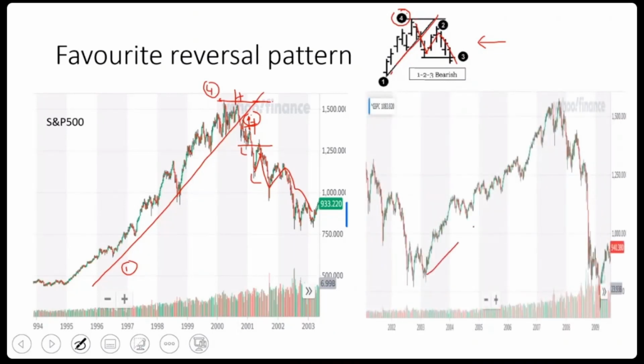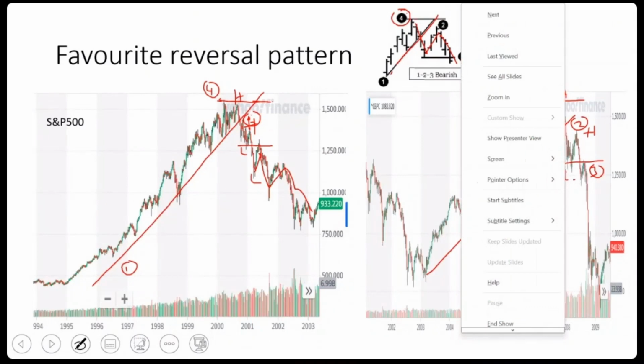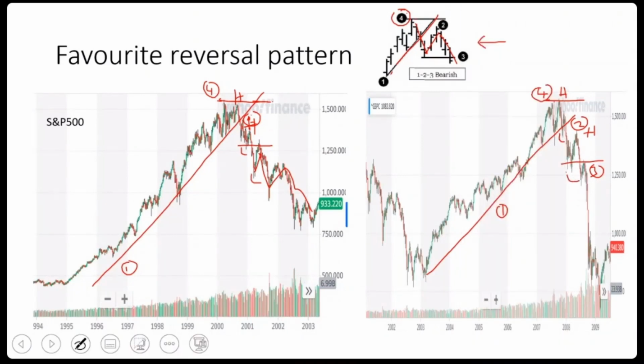Similarly, for the global financial crisis itself, sorry, the trend line is a bit off, but anyway, we saw something similar. 1 here, and then 4 here. Then we have 2 here, and then we draw a line here. The break here is the 3. So again, a high, a lower high, a low, a lower low. Low here and low here. So again, we see this reversal pattern taking place, and it's pretty common for long-term major reversal patterns to look something like this.